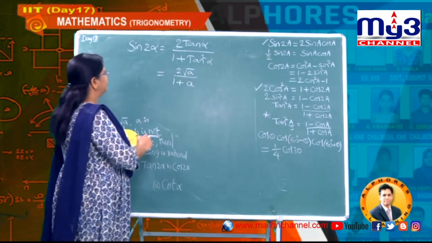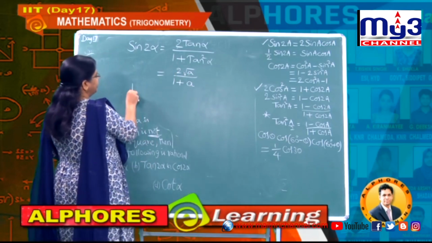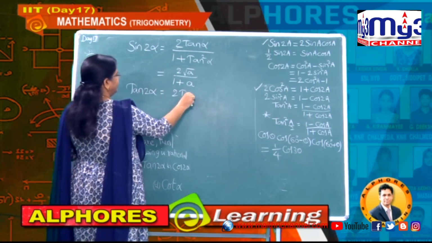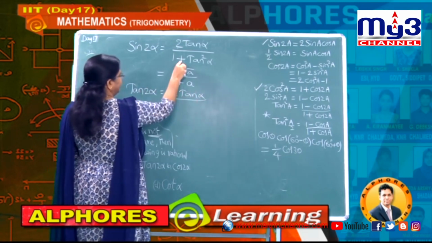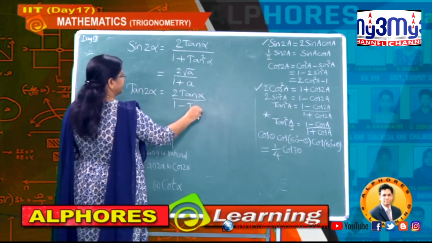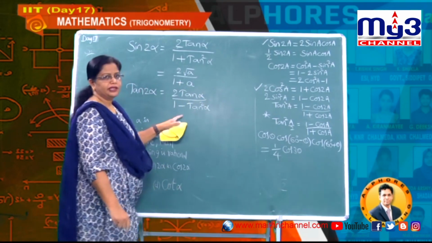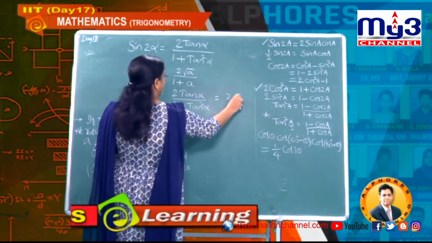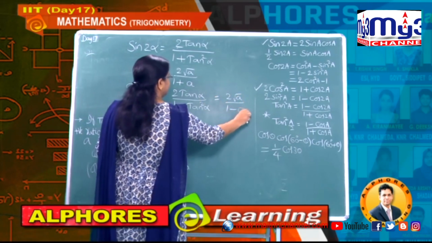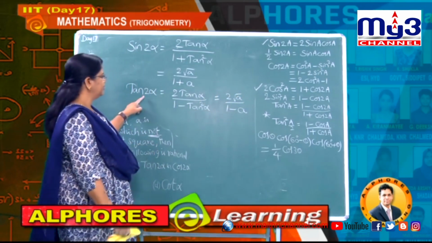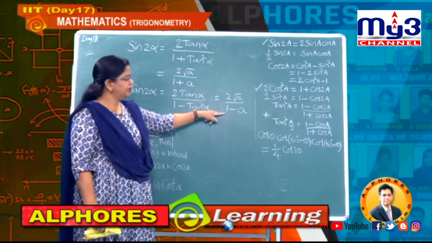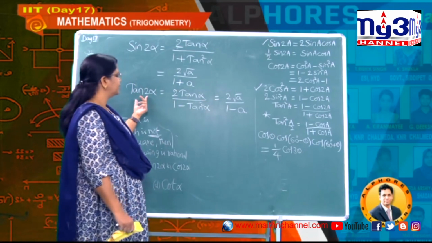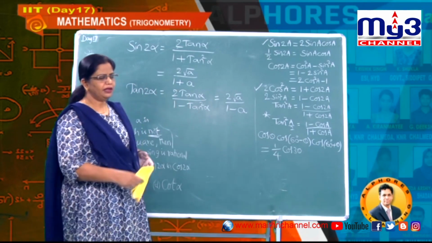Okay. And let us observe in the same way the next value, tan 2 alpha. Now tan 2 alpha versus sin 2 alpha, the only difference is the denominator: there it was plus, now it is minus. Now this is 1 minus tan square alpha. Then what about this value? 2 root a divided by 1 minus a. Understand? Now observe the tan 2 alpha you got. Again the denominator is rational whereas the numerator is irrational, hence tan 2 alpha cannot be a rational value.